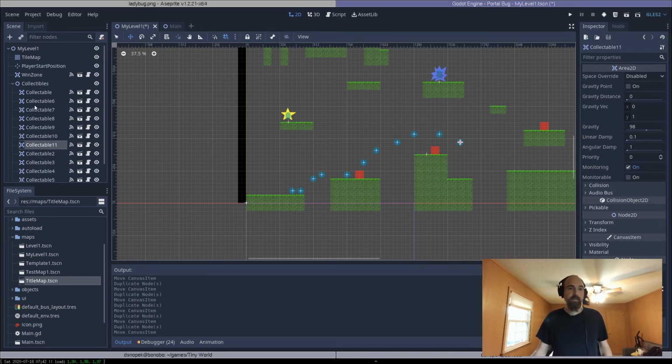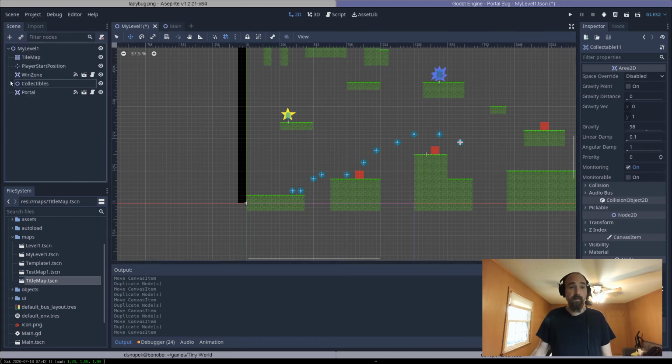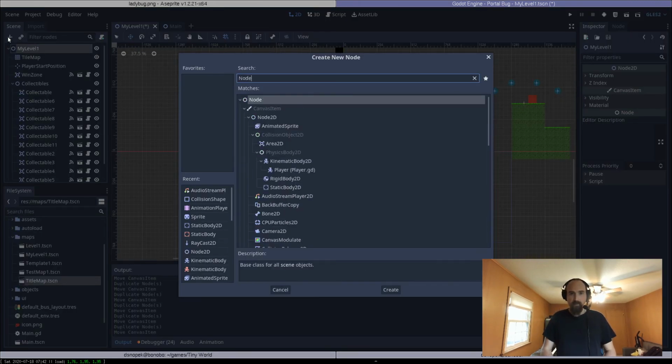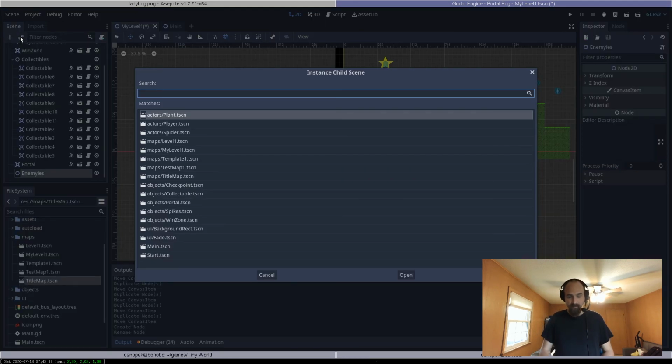And if you're placing lots of the same thing, it's just easier for me to manage if they're under a parent node. To add a new parent node like that, you would click the node that you want it to be a child of, click plus, and then make sure it is a Node2D. And then you can name it whatever you want. Like if you wanted to put all of your enemies in a single Node2D, you could make a Node2D called enemies, click the little instance child scene thing,